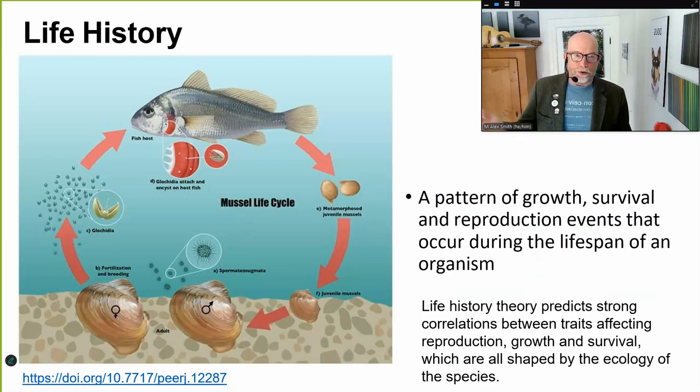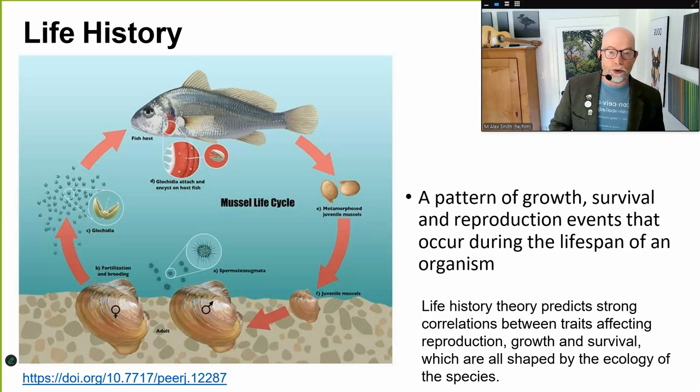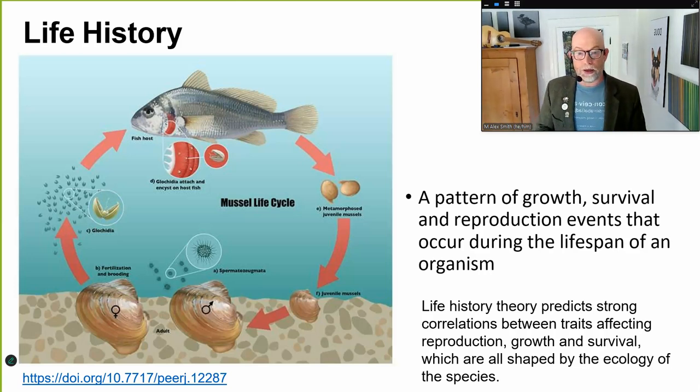So life history, stripped of the theory, stripped of the evolution suffix, you are basically talking about this pattern of growth and survival and reproduction that occurs in the lifespan of the organism, right? So if we are looking, as we are here, at this life cycle of a freshwater mussel, of a unionid mussel, this lineage of mollusk that would have hit its peak diversity in and around this part of the world prior to colonial settlement, where we've adults that are sticking their foot out into the substrate and releasing gametes